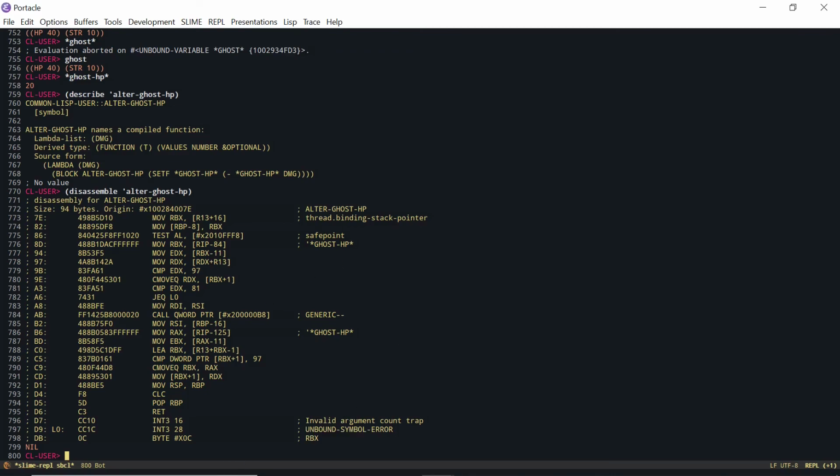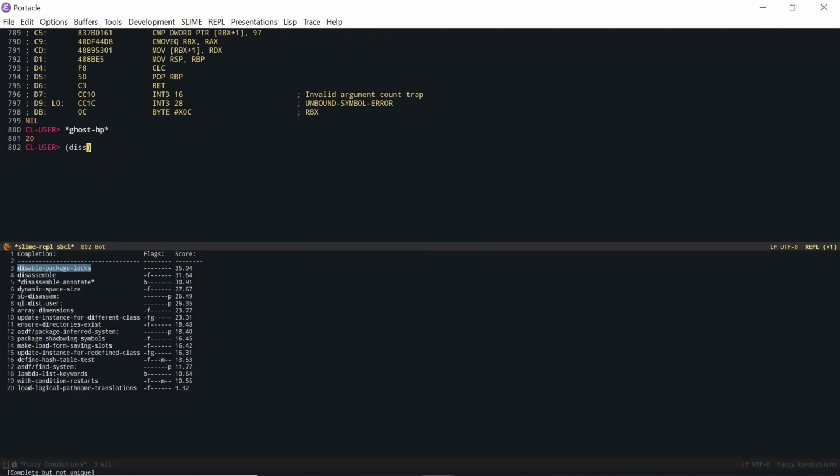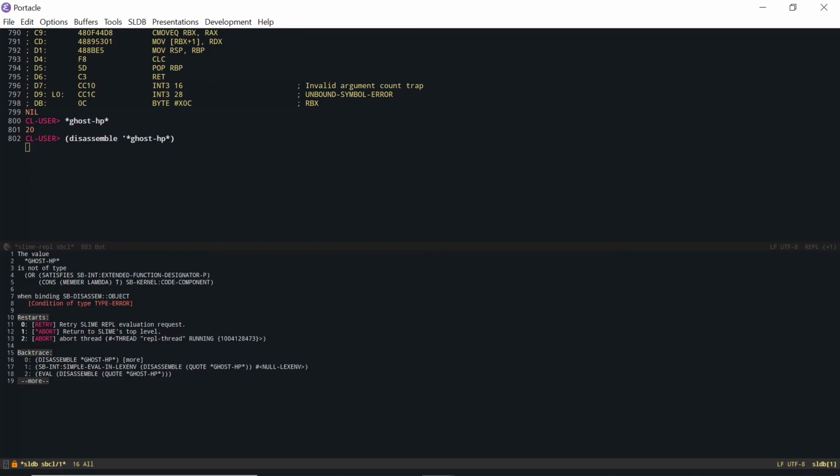So when I alter it, this is the assembly going. And I don't know about the defvar, like ghost, but this ghost isn't a function. So is that a symbol? Is that assembly or whatever? Can that be disassembled? I just must not know how to spell that word. It's because it's only one S. Okay. And what if I just put ghost here? I don't know what's going to happen with ghost. Ghost HP, there's nothing saying that this is even a function. Yeah, so it's not even